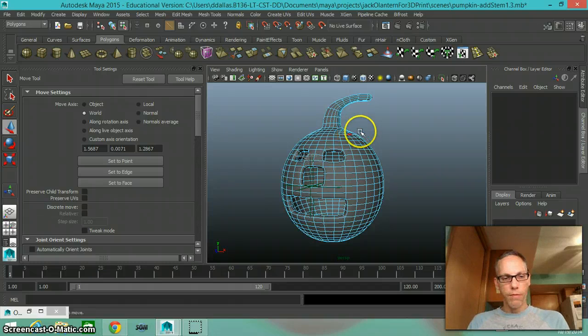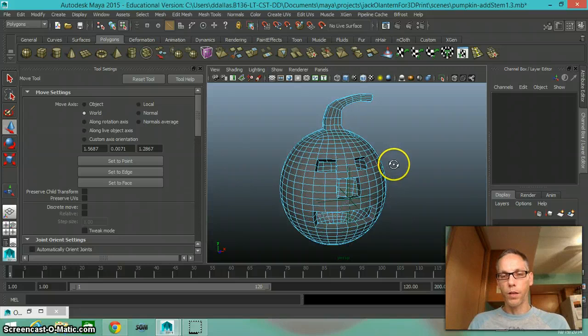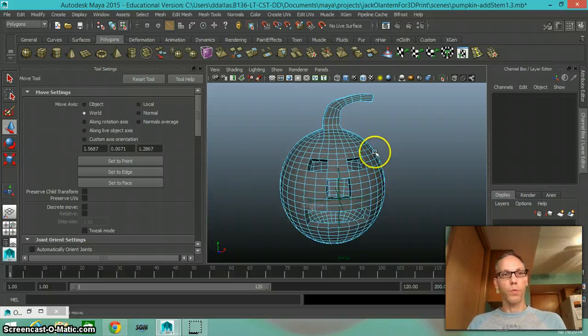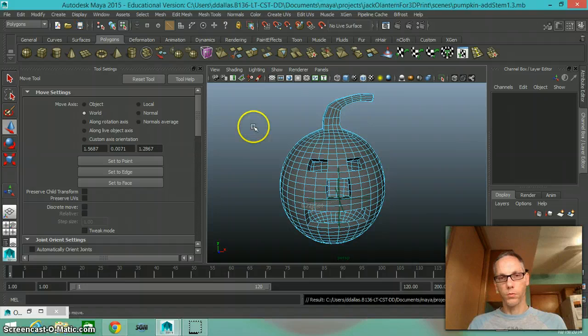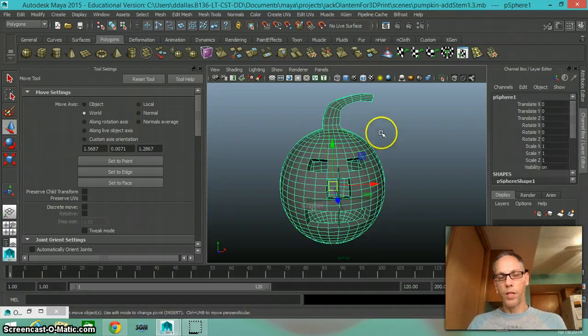Okay, so if I'm happy with that, that's the point at which I'm going to stop modeling in Maya. I'm going to save this as my pumpkin add stem model. Save. And then I'm going to select the model. I'm going to go to object mode, and I'm going to select it, and I'm going to export it out